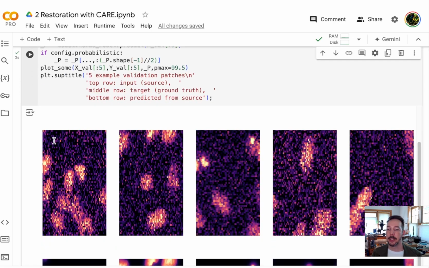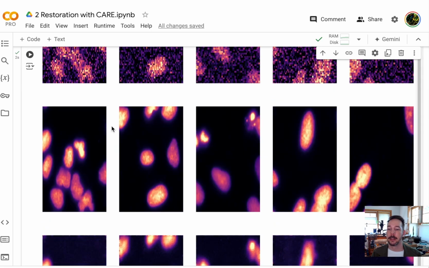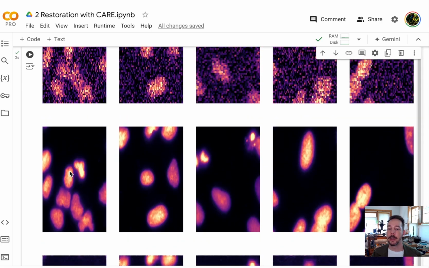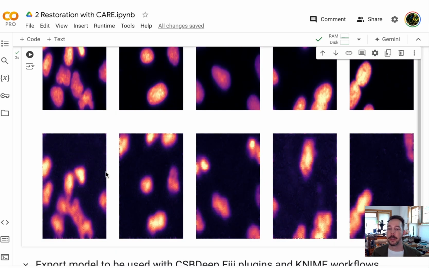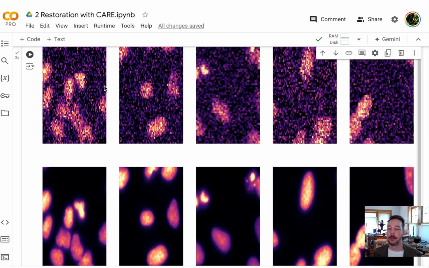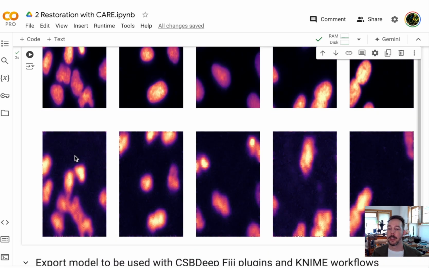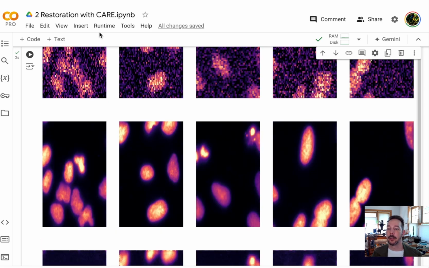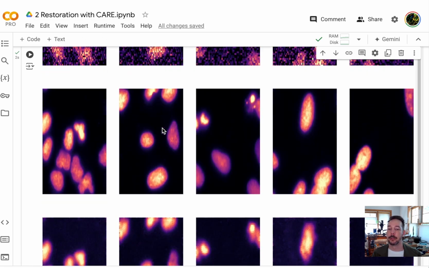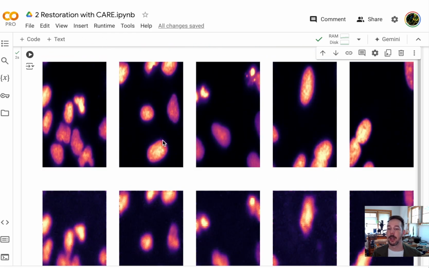And then we can see here, this is the input patch from the validation set. And then even just after 3 epochs, this is the ground truth, and then this bottom one here will be the predicted result. So you can see that even after just 3 epochs, we're getting a result that's almost useful. It's definitely a lot better than the raw noisy input. And so after 60 epochs or so,